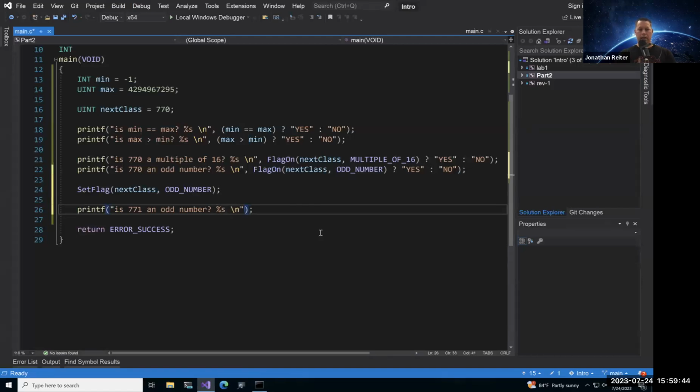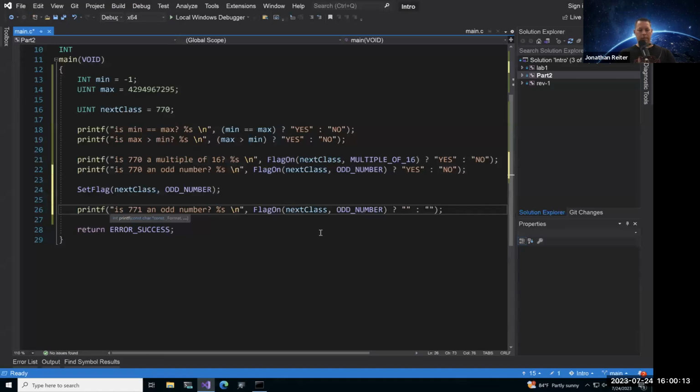Then we'll come back here and do our flag on ternary operator. So, is the flag on? And whoops, I need a question mark. Just going through the motions here: next class, and we're testing for the odd number flag.